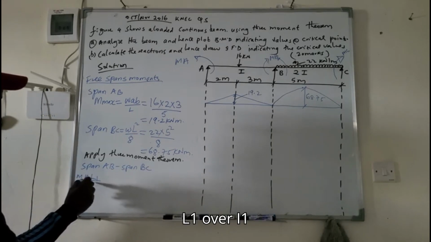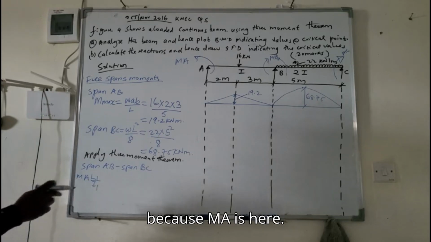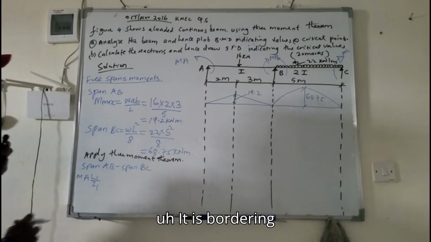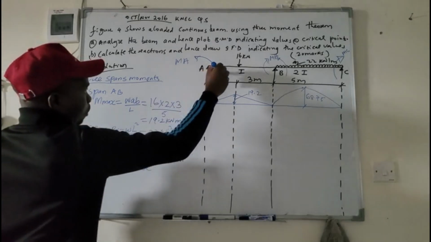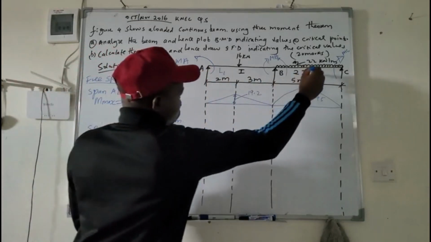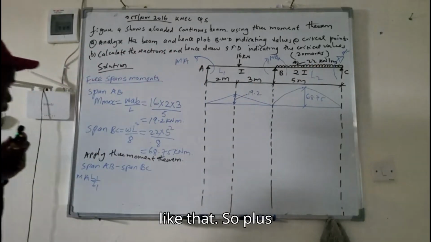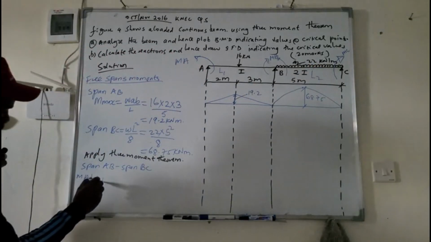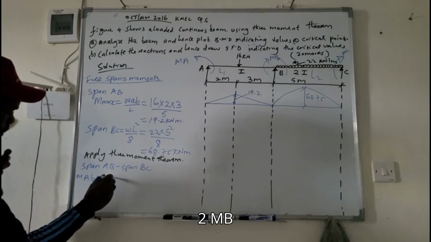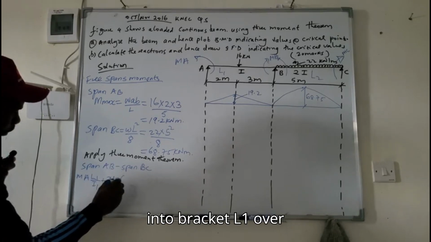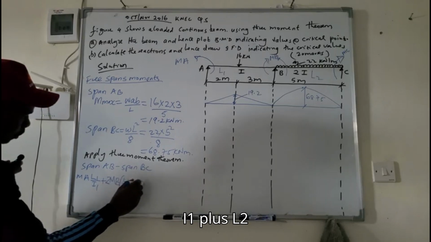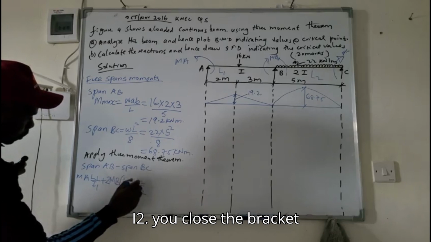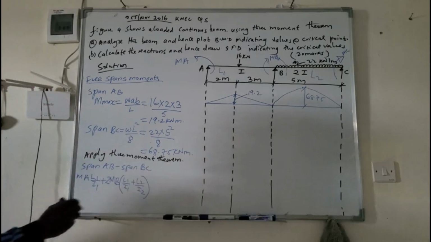So we will have MA L1 over I1, because MA is bordering span L1. So this is L1 and this is L2, like that. So plus 2 MB into bracket L1 over I1 plus L2 over I2. You close the bracket, plus